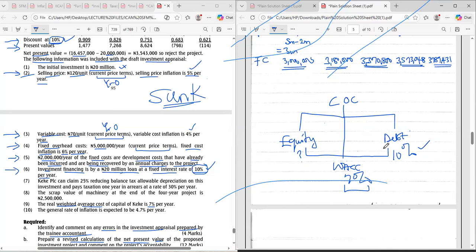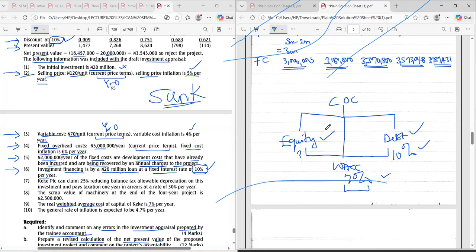If you get back 10% and you use that 10% to pay your loan providers, what goes to your rich shareholders? Are you working for your bank? Am I making sense now? That is why we are making use of our WACC. This WACC may look small in terms of percentage, 7, but it is higher than your 10, because it is the average of both equity and debt. So when we use our WACC, it means that we are compensating not just the debt providers, we're also compensating the equity shareholders. I don't know if I'm making sense here.